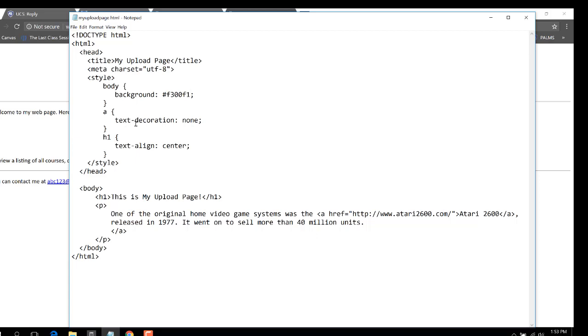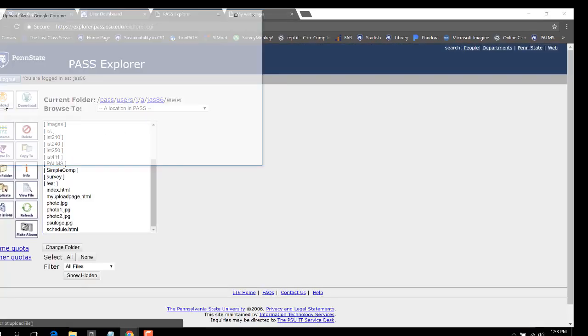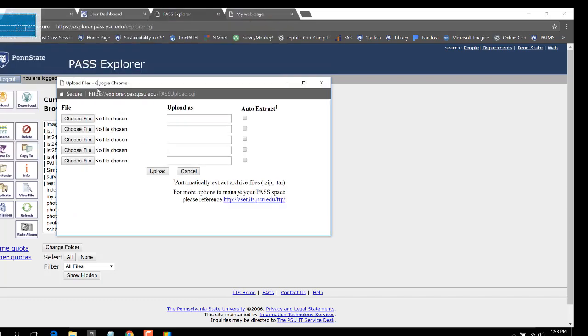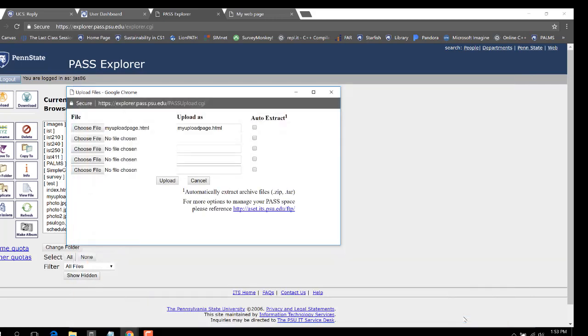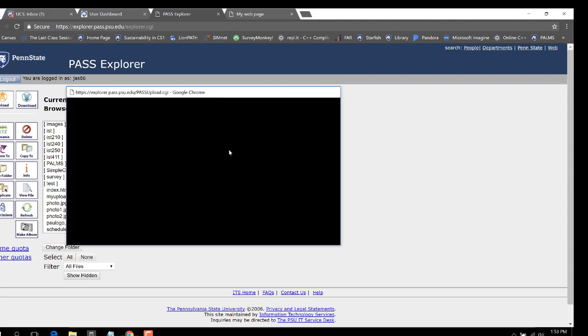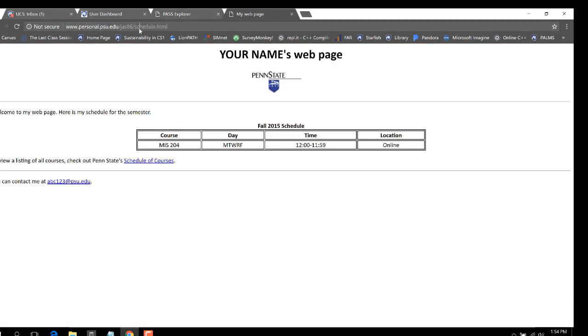I've made a change on my computer, so I need to actually upload it again to see the change on the internet. So I go back to my Path Explorer, I click my upload button, I choose the file I want, again myuploadpage.html, and I upload it. Now here, since I already uploaded it before, it'll warn me, hey, you're going to overwrite it. Are you sure that's what you're going to do? Sure it is. Now when you upload it, you won't see anything different here because all you did was replace one file with another. However, if I go and look at it,